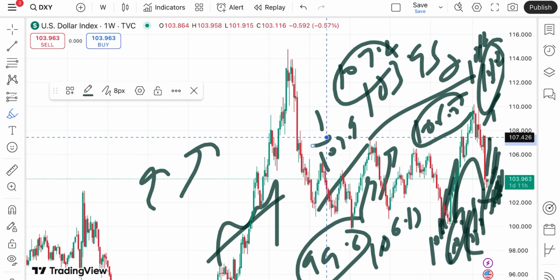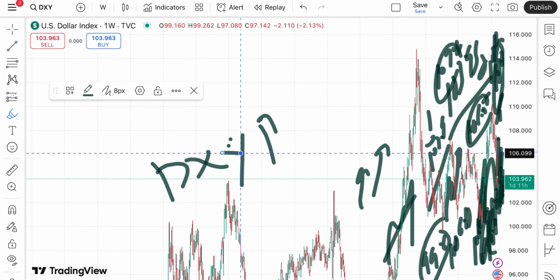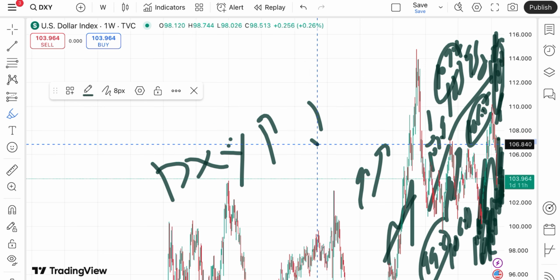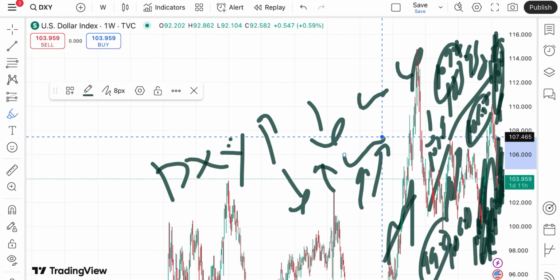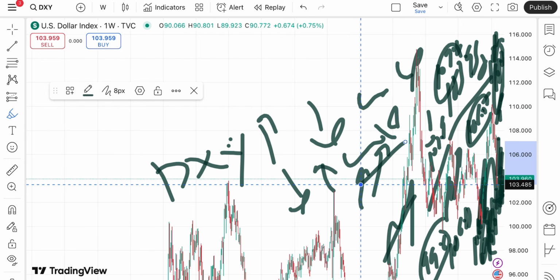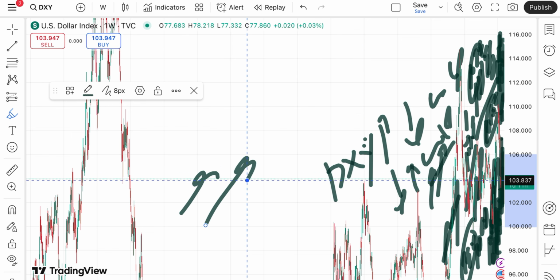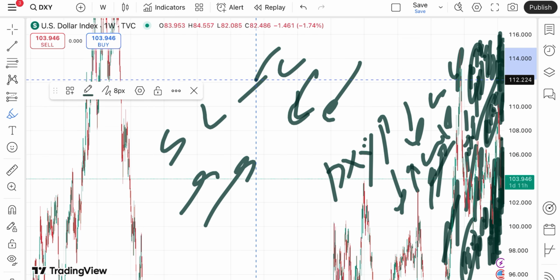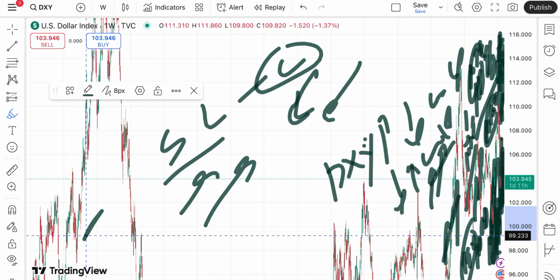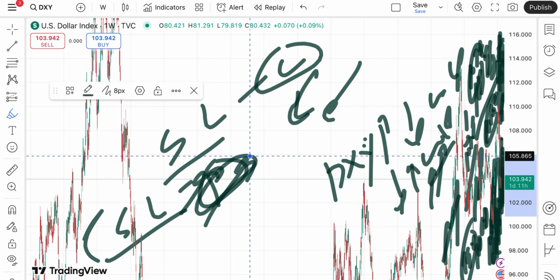Okay, so when the dollar index started going upside, we will see the price of gold will come down. Similarly, if the dollar index started going down, we will see the gold price will move up. Okay, now coming back to the price of gold, you have to understand that sometimes they both move in the same direction. So whenever you start the trade, keep your SL, and once you are in profit, try to trail the SL, so your profit will be saved.